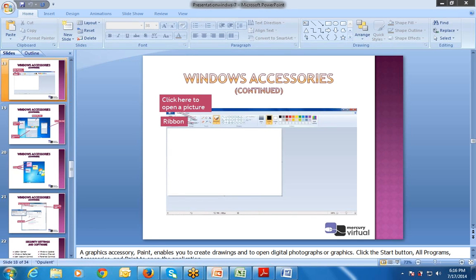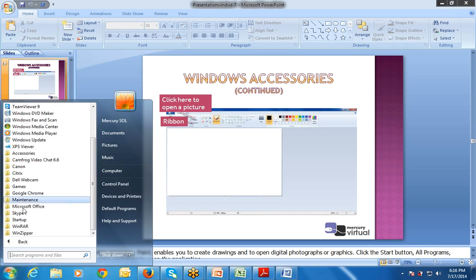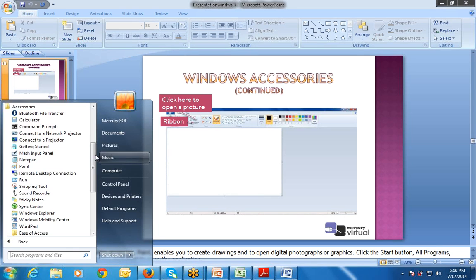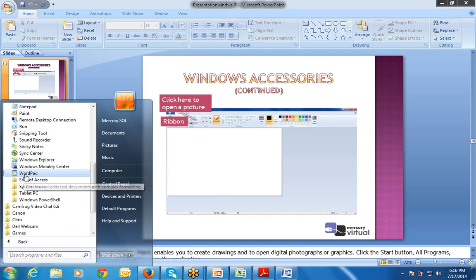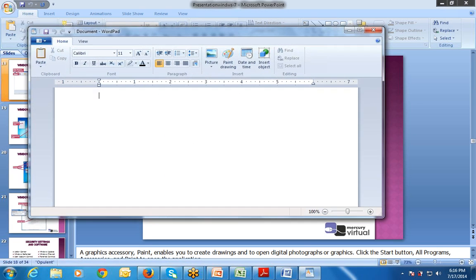If I want to use WordPad, click on all programs, click on the accessories, then click on the WordPad. This is a WordPad. In this, we can also write. A pen is an input device.